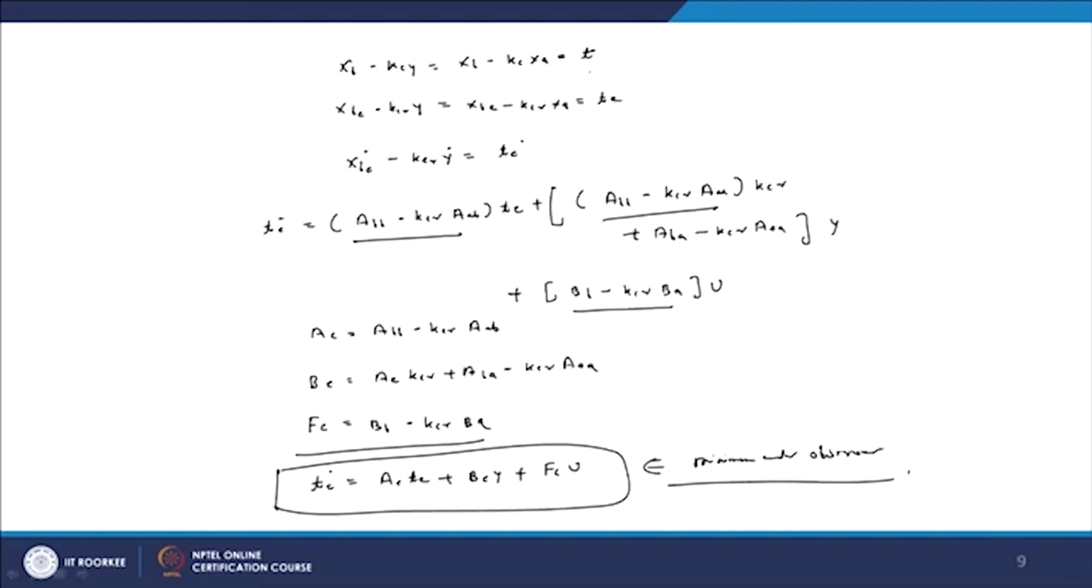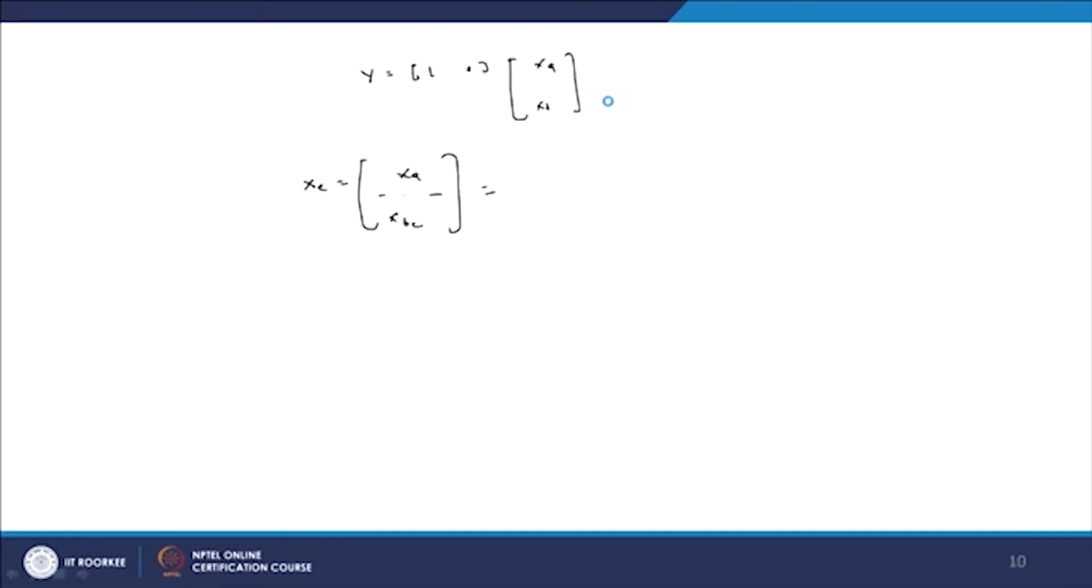And now about the output equation. For the output equation, Y equals [1 0] times XA and XB, and now here this XC can be written as follows. Here XA is known and XB is unknown, and we have to write this equation in terms of the state, that is, in terms of TE. Therefore, this equation can be written as